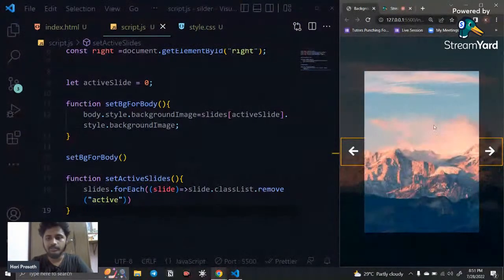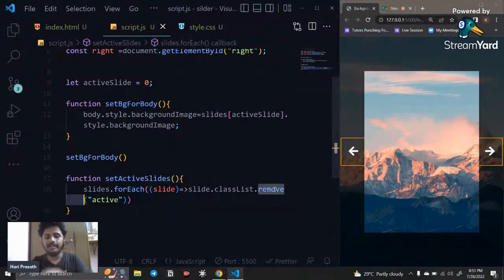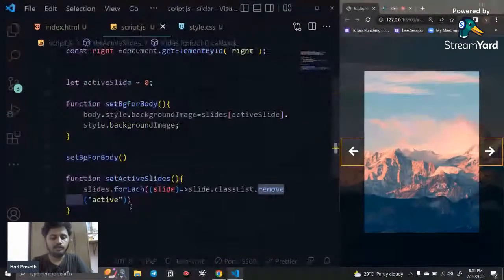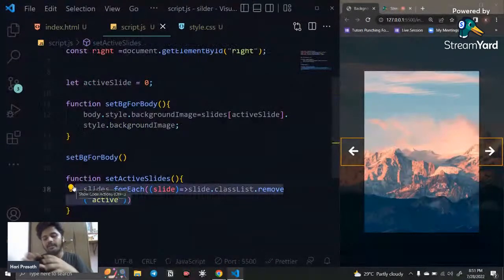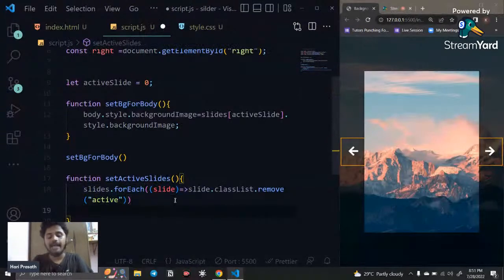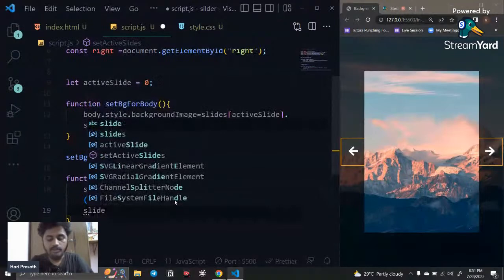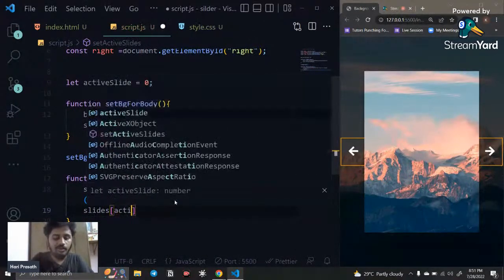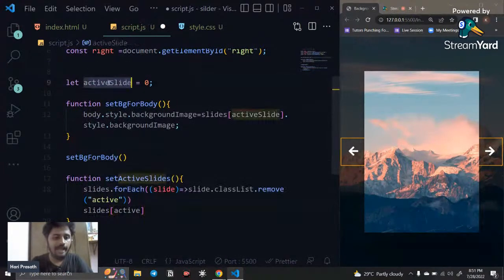So what this is going to do, it's just going to remove the active class of this. You can see it's just going to remove the element which contains active. For example, right now we have active in the first class, right? So what it's going to do, when it loops through, it removes that class and it sets the class for the next element. Okay, for setting this class, what we need to do, slides, target based on this active slide,